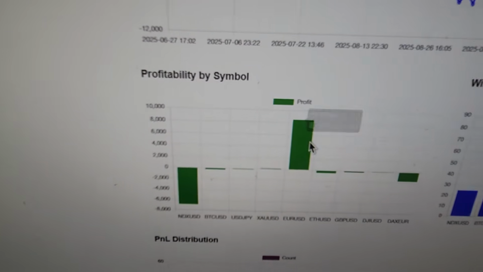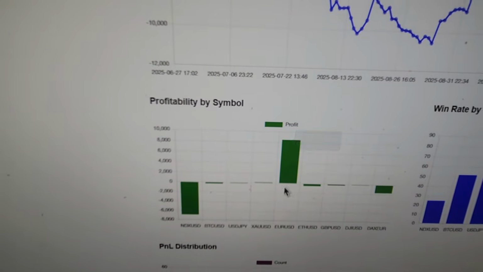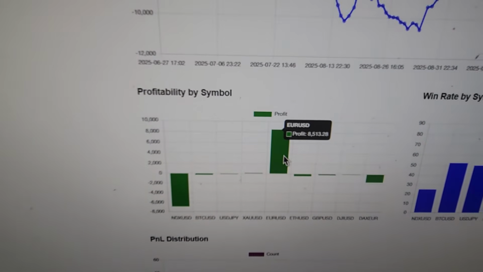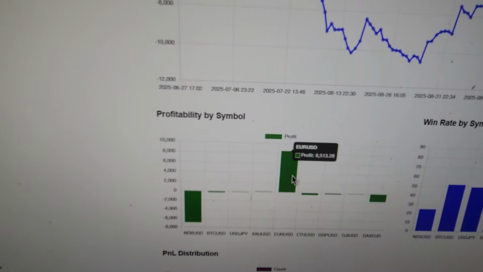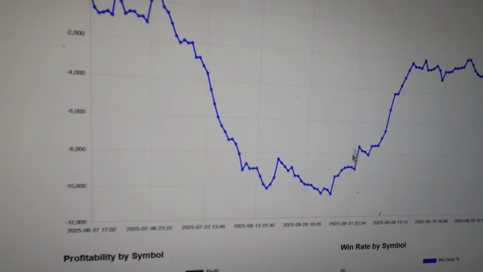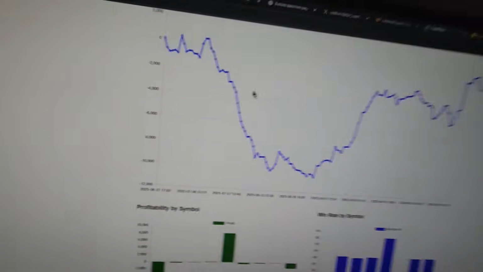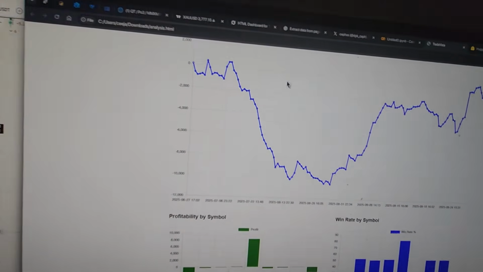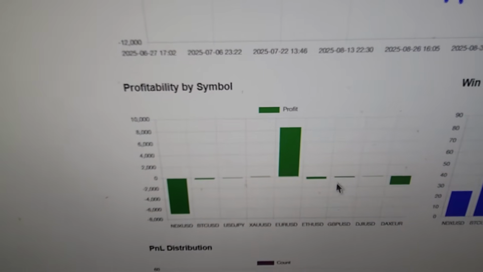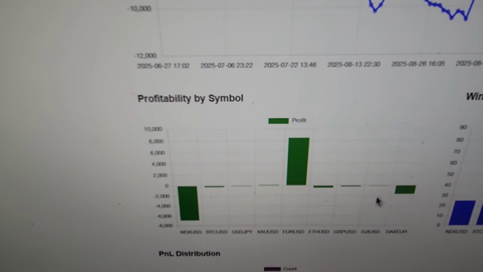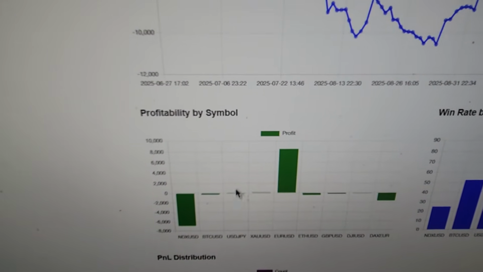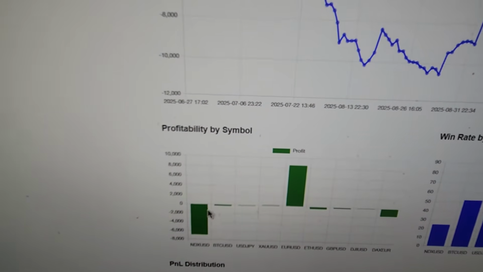So basically, if you look down here, you see my profitability by symbol. You would notice that one asset sticks out the most, and that is the euro dollar, which is the asset I trade the most. And before I made this shift of putting my model down on paper, if you notice, most of the losses here did not come from the euro dollar. They came from so many other things. They came from the Dow, it came from the pound, it came from Ethereum, it came from USD JPY. I was trading so many assets.